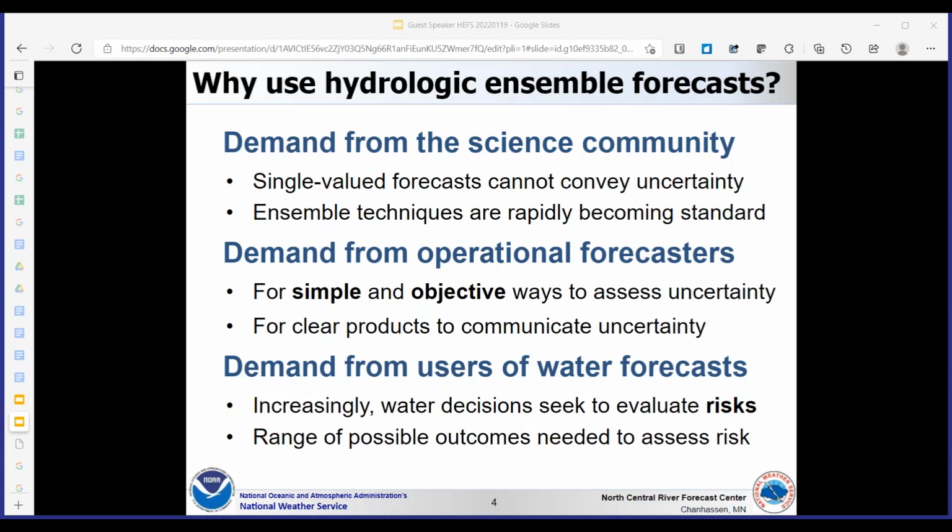While end users vary in their needs and levels of sophistication, they are interested in better understanding the risks associated with too much or too little water. An understanding of the different possible outcomes and their probabilities is critical to managing risk, because some of those outcomes involve large costs, whether the cost of doing something or the cost of doing nothing.